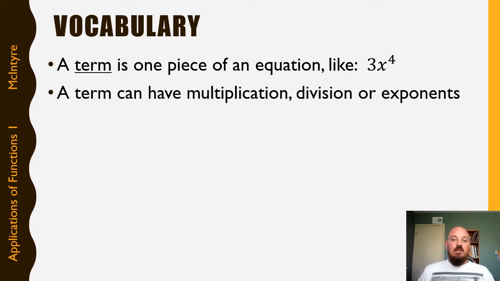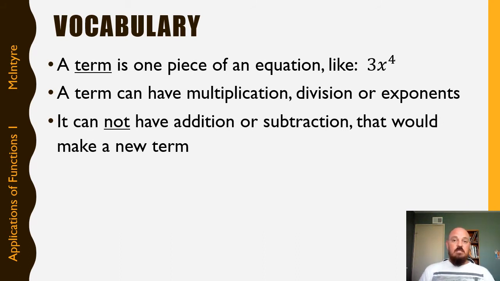Now, a term can have multiplication, division, or exponent. So when you look at that, you might think, well, there's two things there. There's the 3, and then there's the x to the 4th. That's not two separate terms because they're being multiplied together, so it counts as one. What would make it two separate terms is if there was any sort of addition or subtraction? So basically, anywhere in a problem where you see a plus or a minus, that's going to separate things into